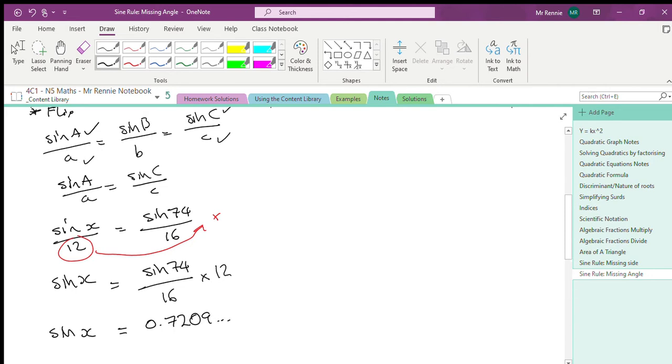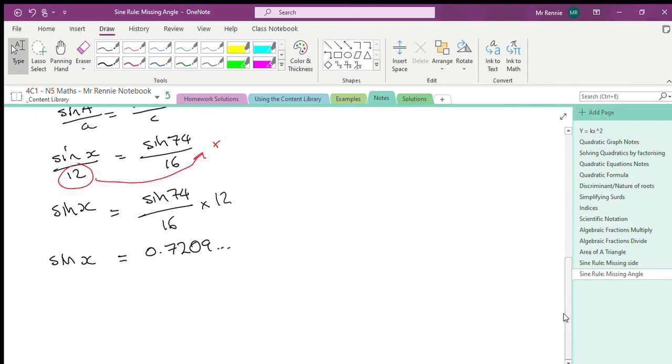Okay, so we found what sine of x is. This is not what x is. This is what sine of x is. I want to work out my angle x. So if you remember from trigonometry back at third year, or maybe even you've done National 4 previously, to get rid of a sine or a cos or a tan, you do the inverse. So in order for us to find x, we're going to do the sine inverse of my